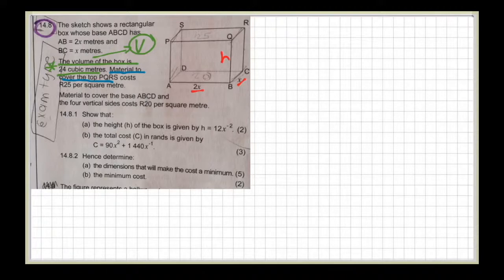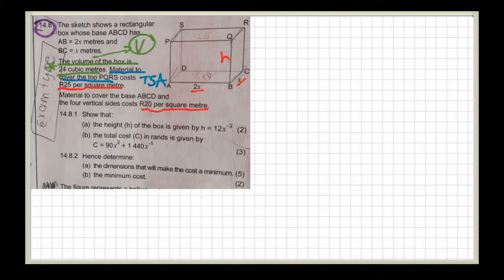Volume, you've got your set of formulas. But material is always total surface area. So material to cover, material to make, to manufacture is always the total surface area. Now all of a sudden they bring in something else: cost. Oh my goodness. They bring in cost both for the top and the rest of the thing. Man, this is a lot of information. So what I'm going to do is, let's start at question